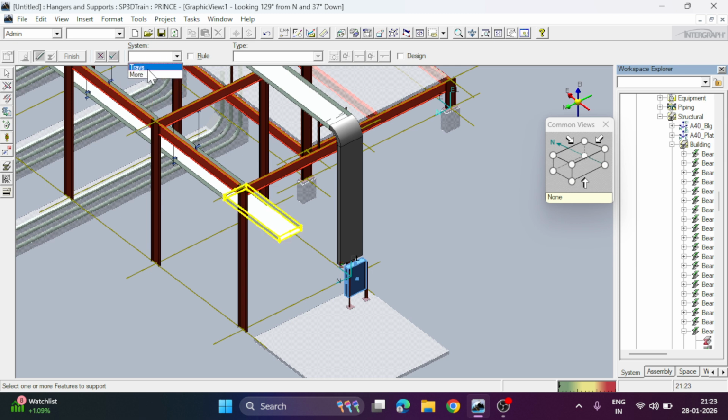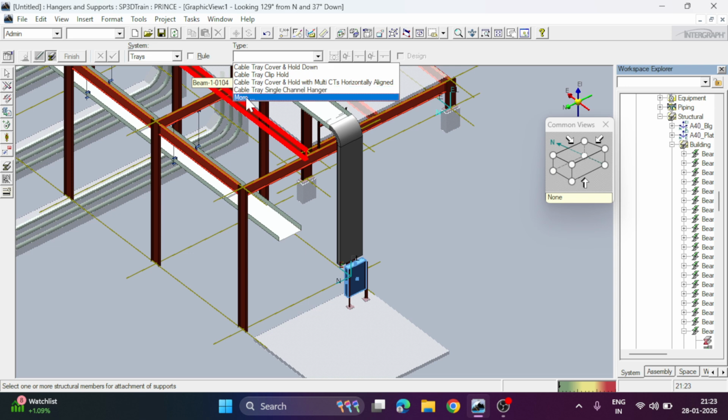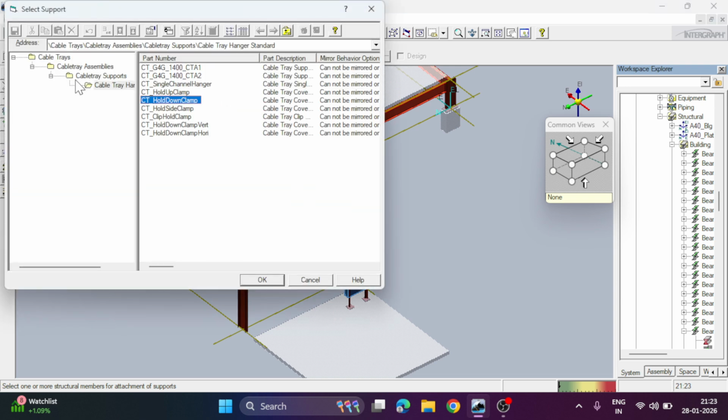Before that you have to give the system. So I made the hierarchy in which the tray and this support will be saved. So after selecting the system, click on that right icon, accept. Then as you see, after clicking on the right icon, here we have to choose the type. So go to the types, maximize that, click on the more. Then choose